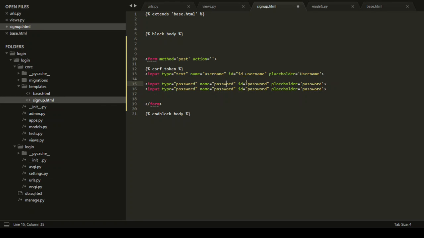So that's right. This would be password 2, and then just say over here confirm password, and then with the ID you can just do ID underscore password, and then okay, now to have our HTML, we also need a button,